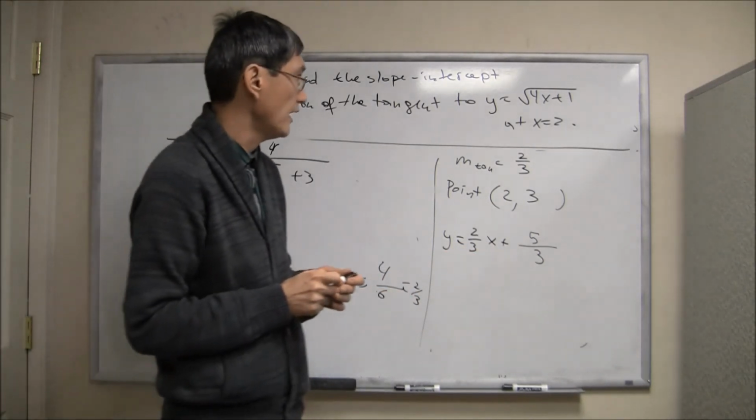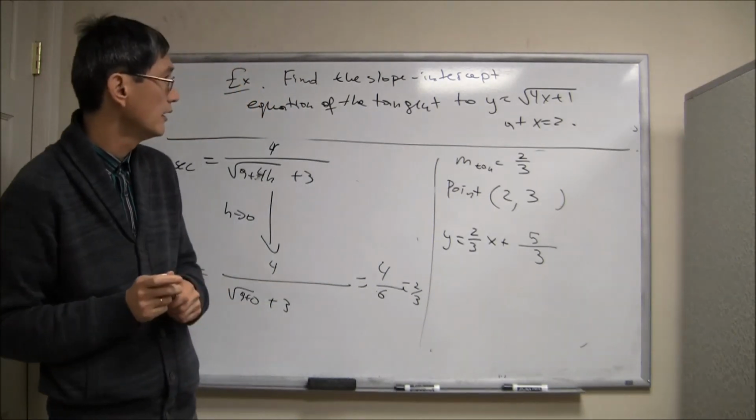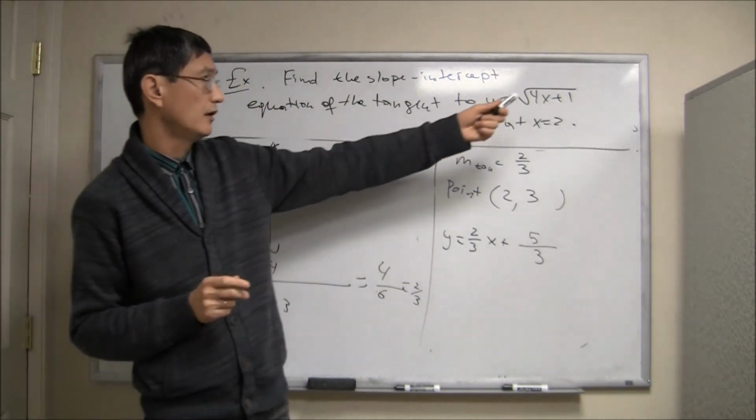Okay. That's an example of how you're going to find the slope of a tangent line to a radical. The next example